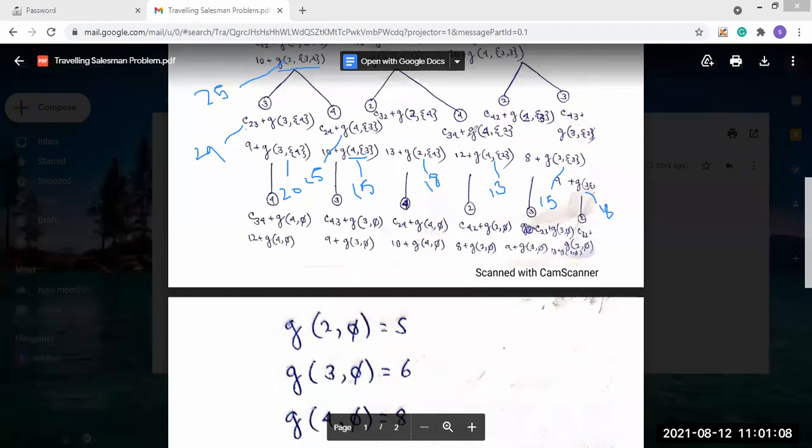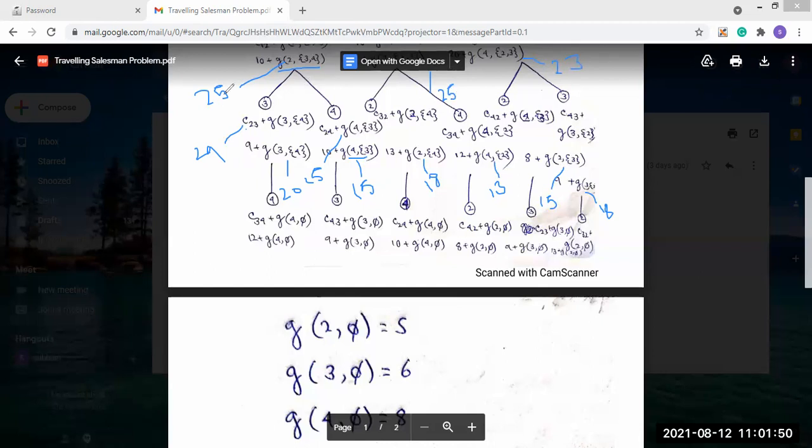I didn't explain this because it is very clear; it is mainly the calculation part. Take 13 plus 18, the value will be 31, then 12 plus 13, the value will be 25. Between 31 and 25, we will choose 25, so it will again be 25. And then here it will be 23 and this value will become 27. So 23 will be chosen because it is the minimum. So this will be 23, this will be 25, and according to them, the final value is chosen.